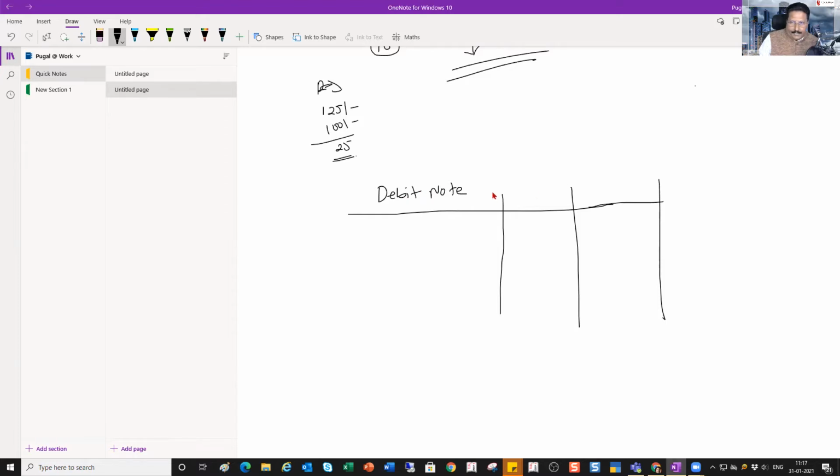Now, generally, the default or primary association of the debit note is with our sundry creditors. Okay, and like we saw in the credit note case, you can also raise a debit note on sundry debtors. So let's quickly take the first simple example for us to understand. Right, a debit note is raised. So first we will talk about the use case scenarios in case of your supplier where you are going to raise a debit note. Okay.